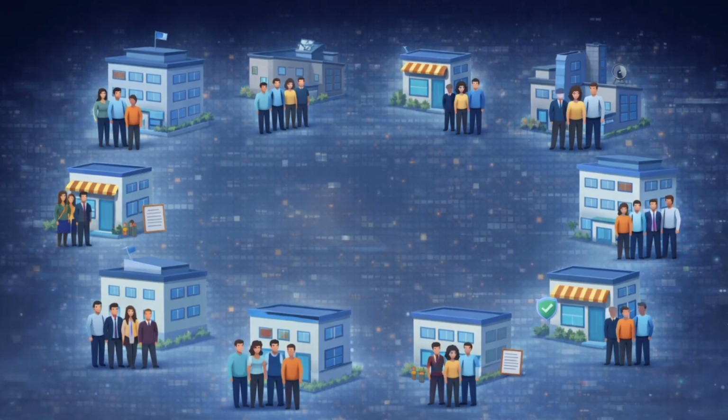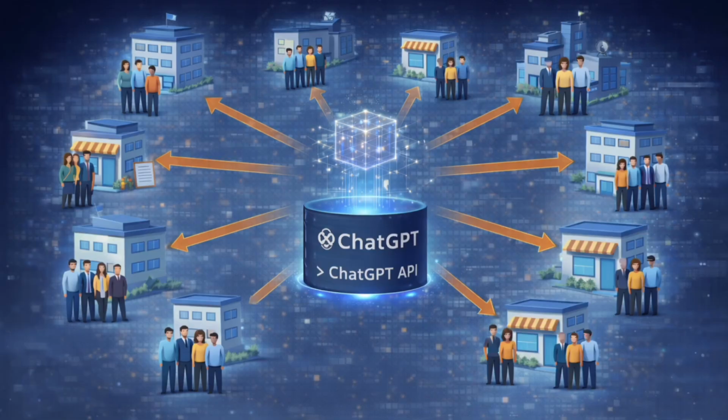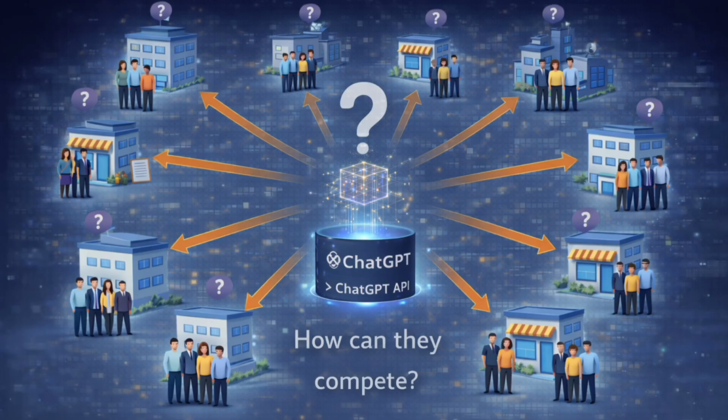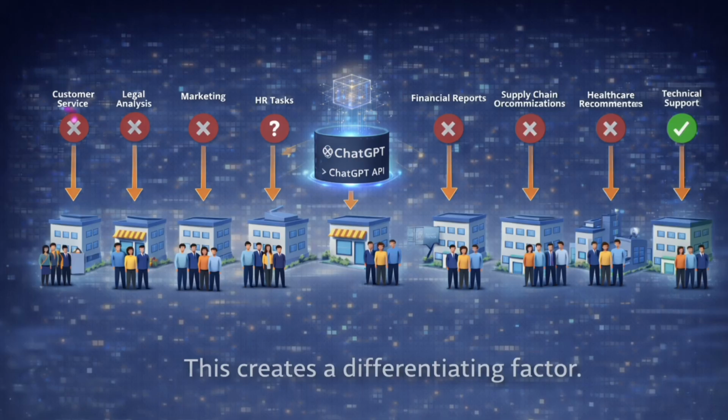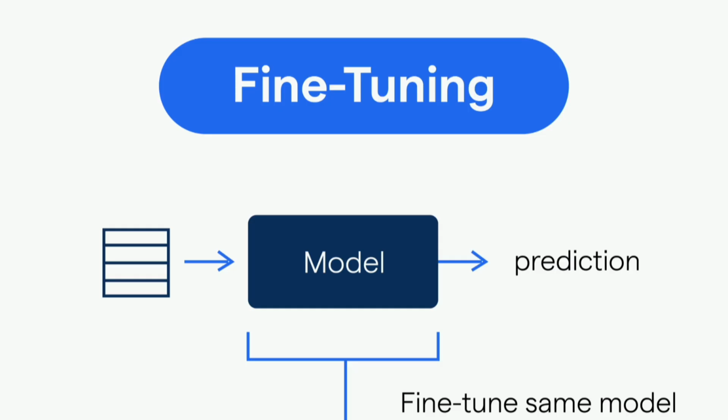Second major issue is competition. Suppose there are 10 companies in a similar industry and all are using the same foundation model with the same API, or you can say the same features available in it. Then how will competitors compete with each other if they're all using the same API? So here the ability to adapt the foundational AI model to specific use cases will actually be a differentiating factor. The expertise present in their in-house teams will help in many ways to compete with competitors through prompt engineering, fine-tuning, or RAG.